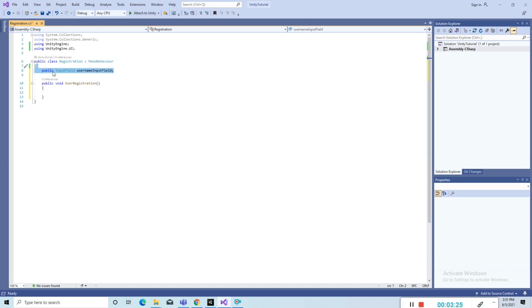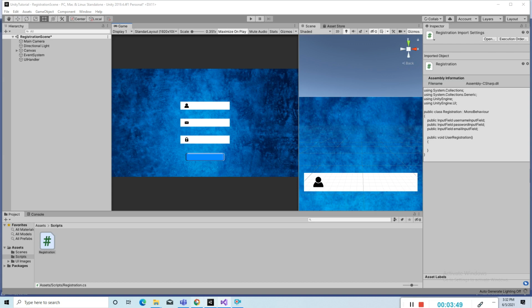Same for the password and email also, so I can duplicate it, one for the password input field and one for email. Okay, so I can save it and go to Unity.